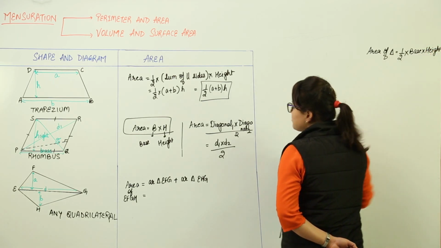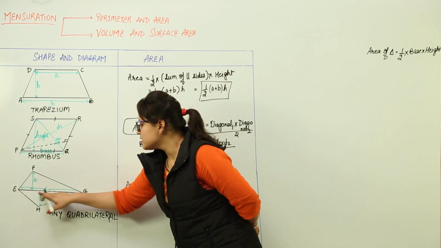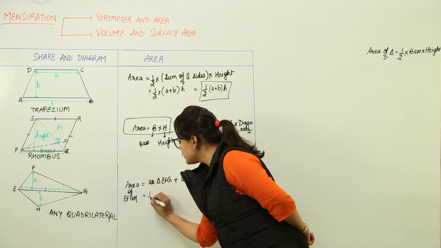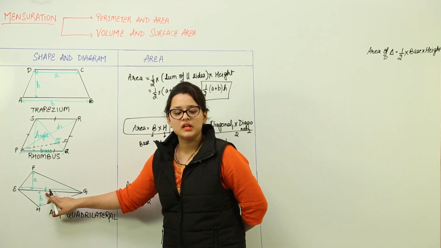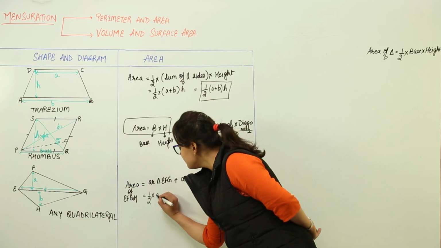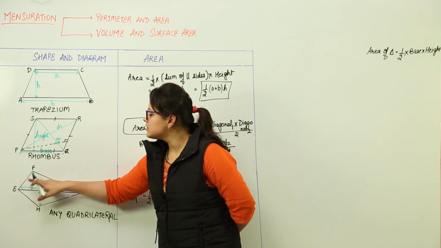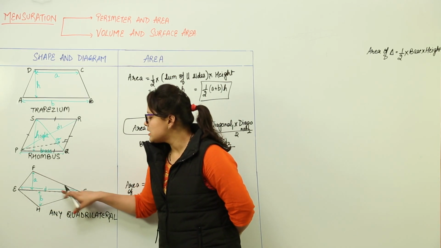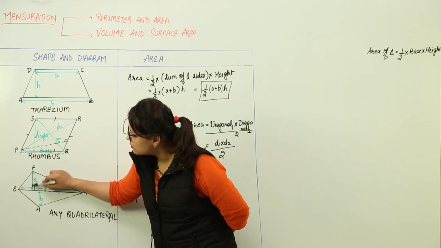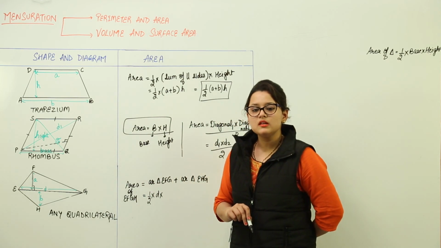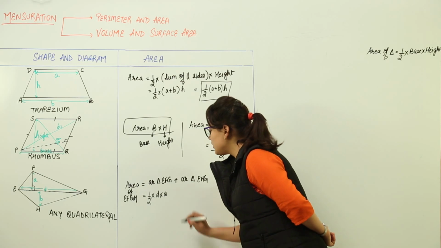So now we can apply it over here. For the triangle EFG, we have taken the base to be EG. So I write over here half EG. Now EG can be written down as D because I have taken the measurement of EG to be D. And what is the height for this base? The height for this triangular base EG is going to be the perpendicular distance, right? The one that I am showing you. This is the height for this triangle and that is represented by small a. So we write over here small a.